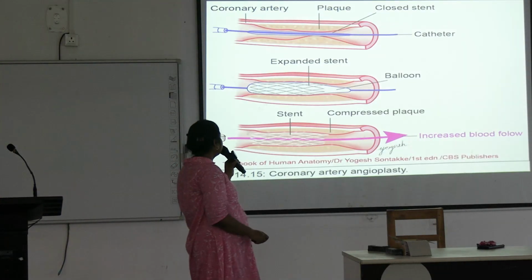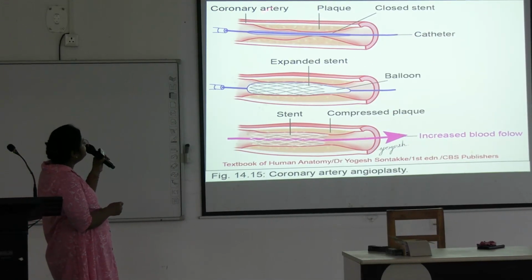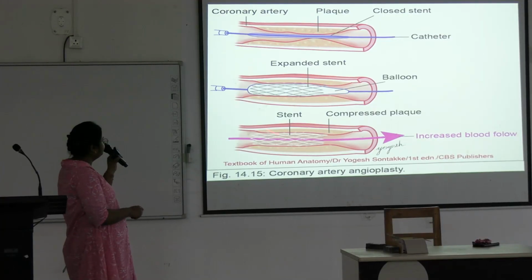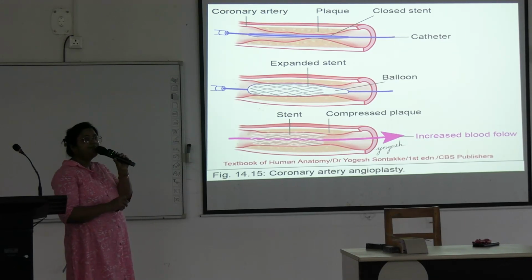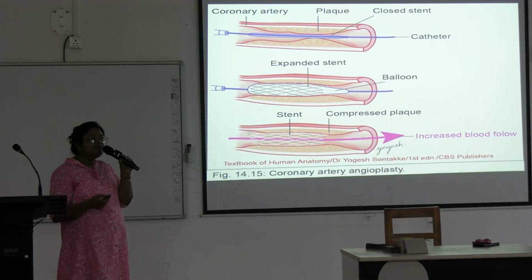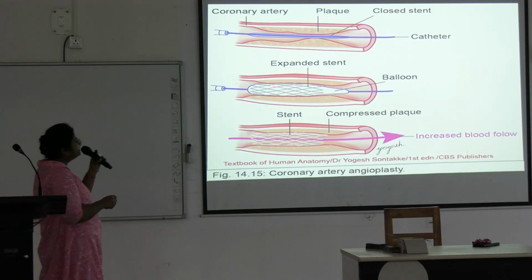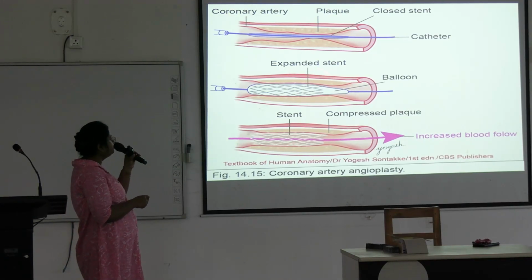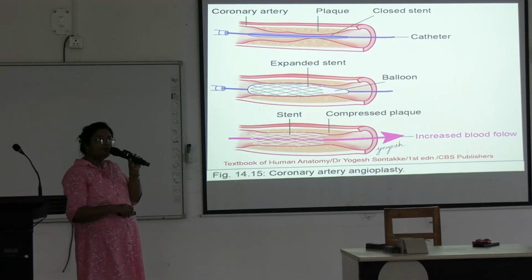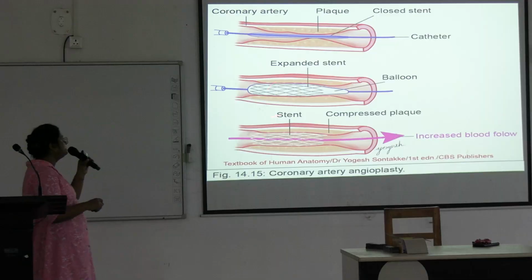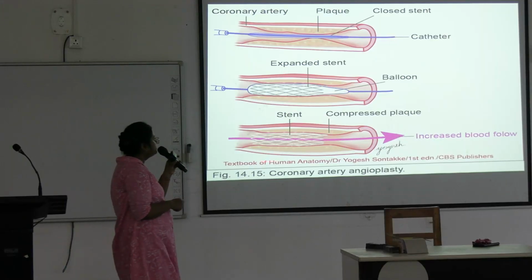Next, this is coronary artery angioplasty. Okay, here the catheter is introduced at the site of blockage, and here stent is placed. Stent is made up of some metal, and it is formed like a mesh. Inside the mesh there is a balloon. Finally, this balloon is dilated to place the stent in position. After that, the balloon is deflated and the catheter is taken out. This mesh-like stent will help to keep this vessel patent.